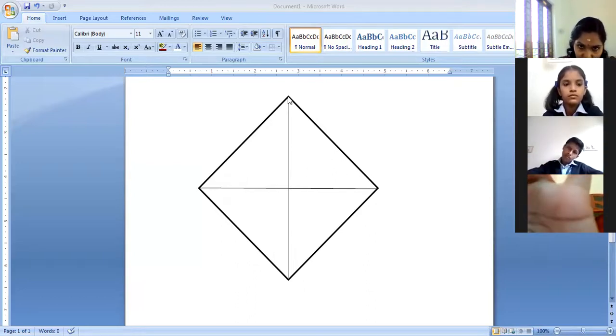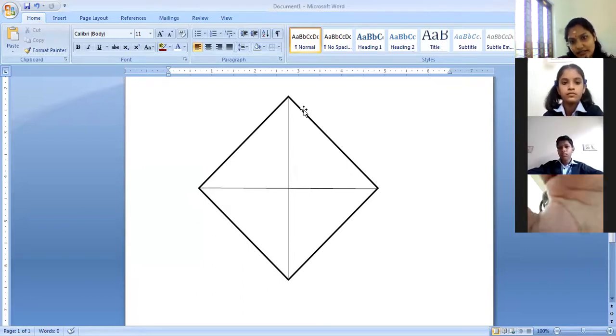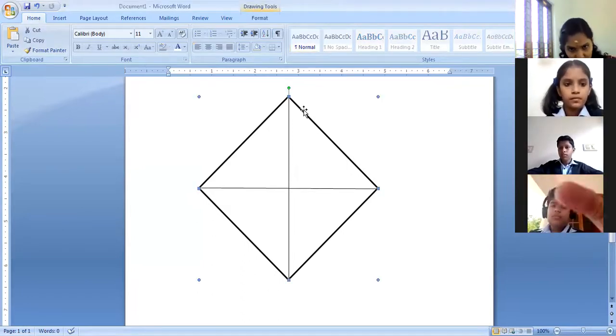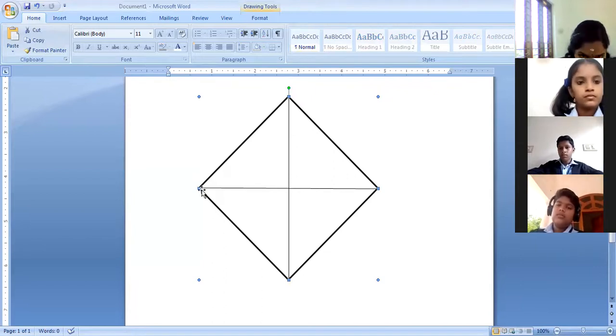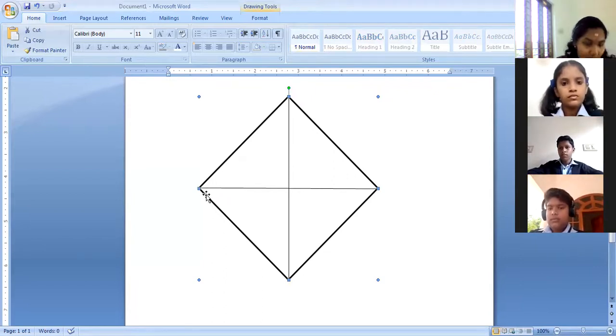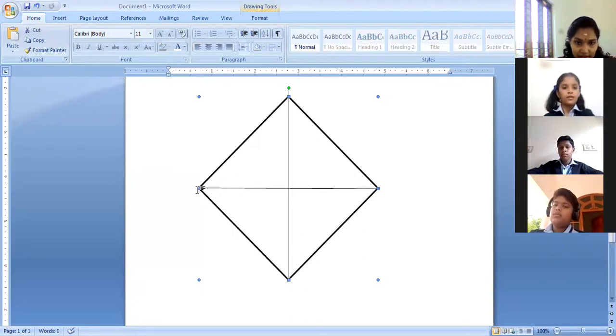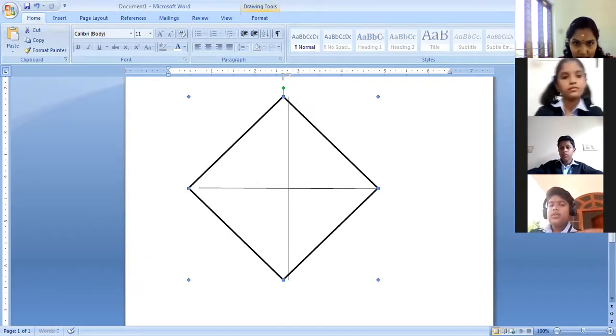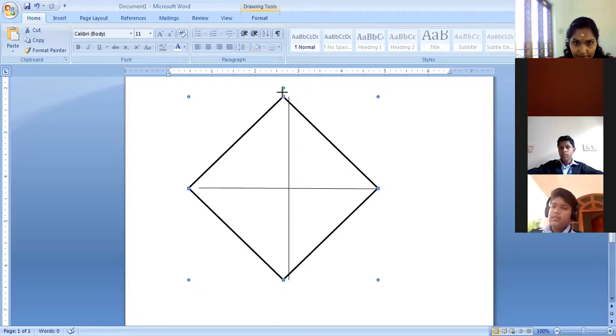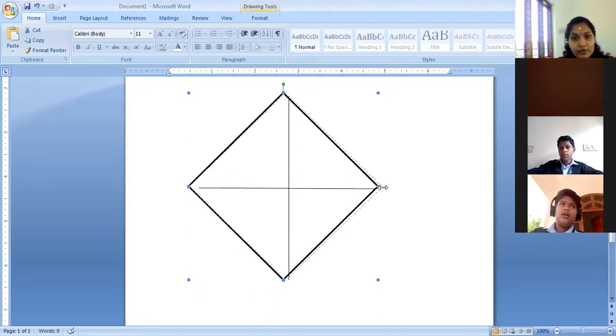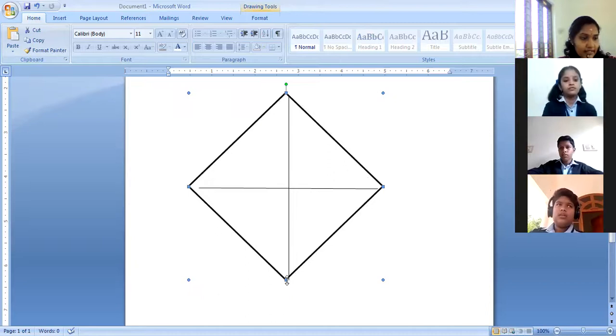And I drew a rhombus. This is actually not a rhombus. I think this angle is 90 degree. Okay, its angle is not 90 degree, but its sides are equal. And if I draw the diagonal of this rhombus, here it makes angle 90 degree, right? Here. Angles